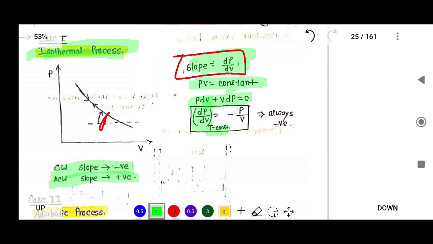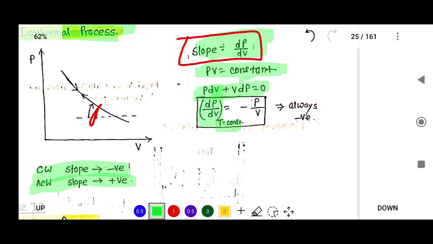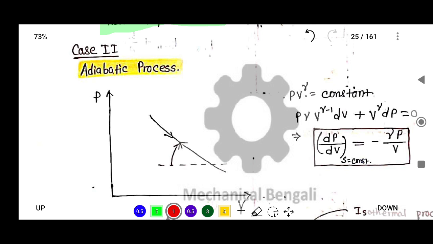So this way there is a negative because there is a clockwise slope. That is why there is a negative. So remember this formula: dP by dV at temperature T equal to constant is equal to minus P by V. Okay. Now if it is an adiabatic process, then the slope, suppose this is the pressure axis and